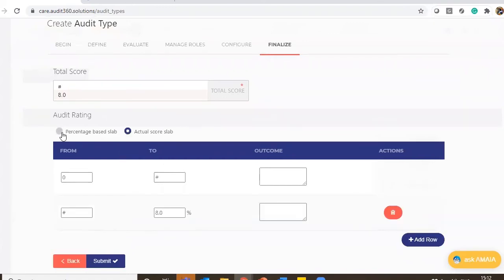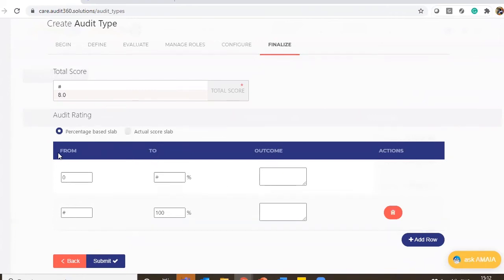When you choose percentage, basis whatever observations we have and the actual score achieved, the percentage will be applied and the outcome will be displayed once the audit has been submitted. If you go with the actual, the achieved score versus the total score will be displayed.